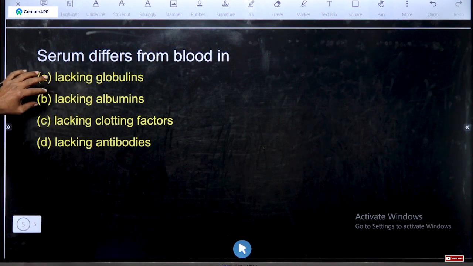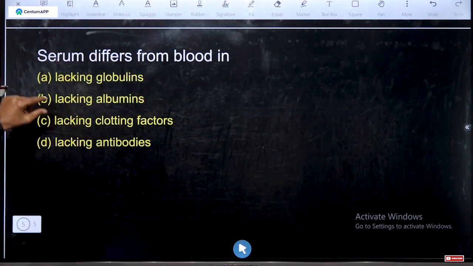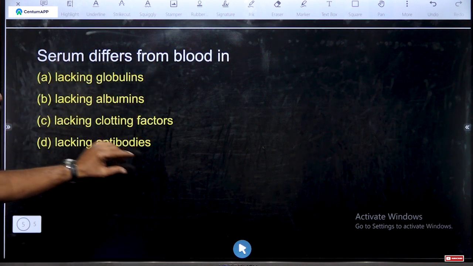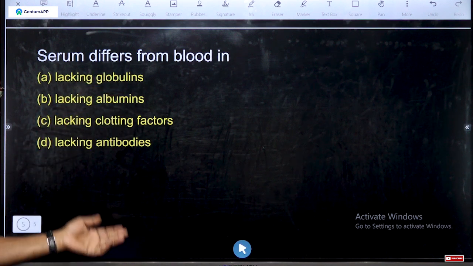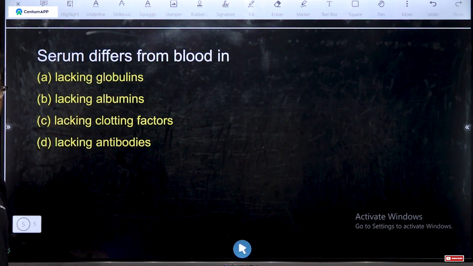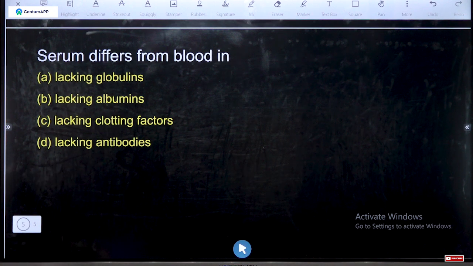So, not lacking of globulins, not lacking of albumins, not lacking of antibodies. Antibodies, albumins, globulins will be found in the serum and no clotting factors are found in the serum. So, answer is